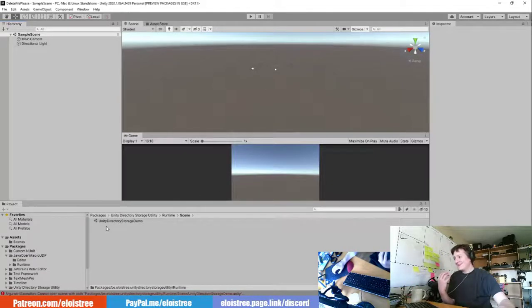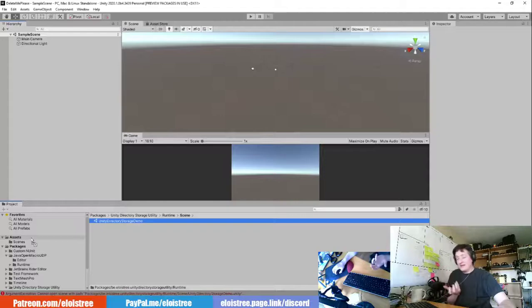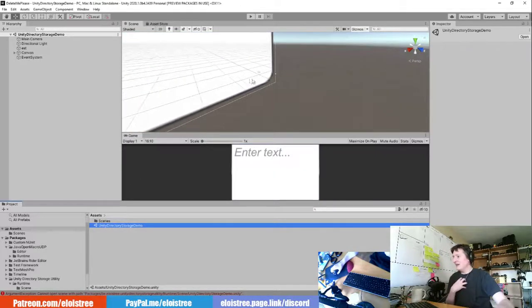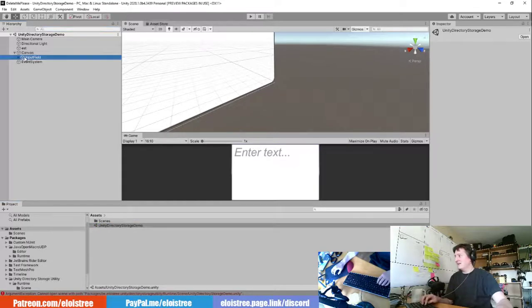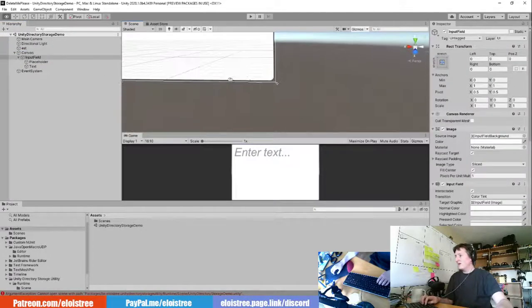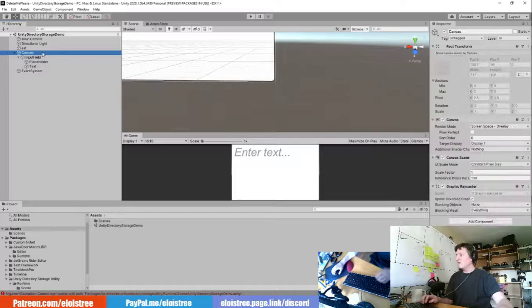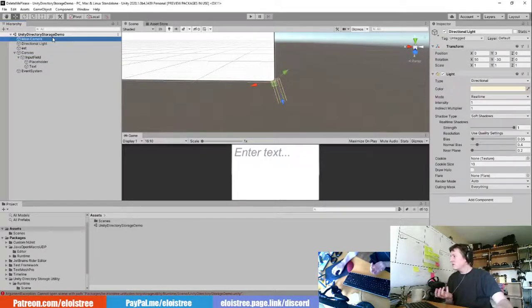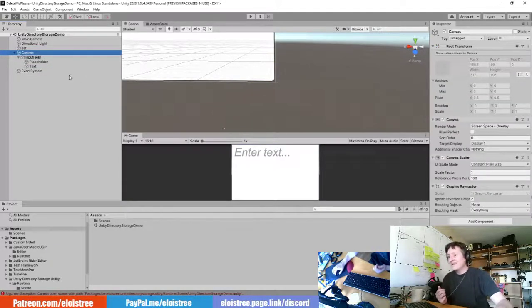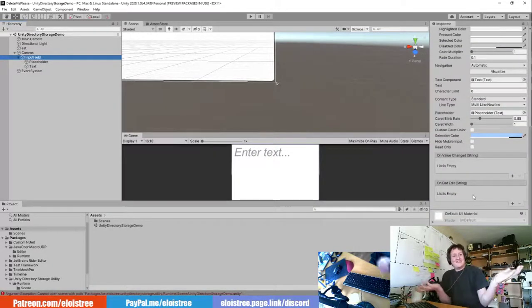So what you need to do is take the scene and duplicate it into the assets of your project. Here you can see that now I have the Unity scene of my package, but in my project. And if I open this one, yeah, it works. The first one that I opened was Unity directory storage. Why? It's just to show you that if you want to understand a bit the code of this one, you should not succeed in doing it, because there is no demo for this one apparently.